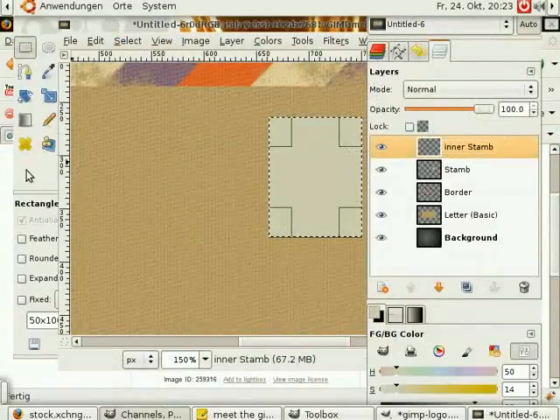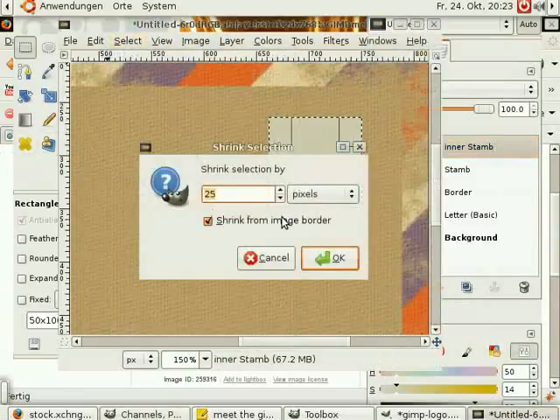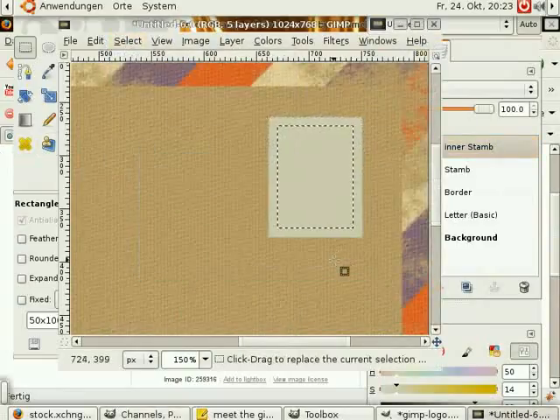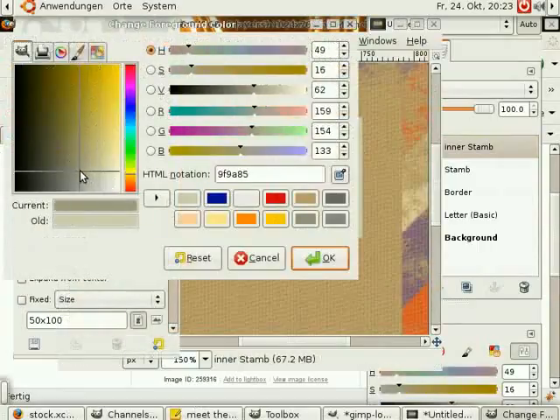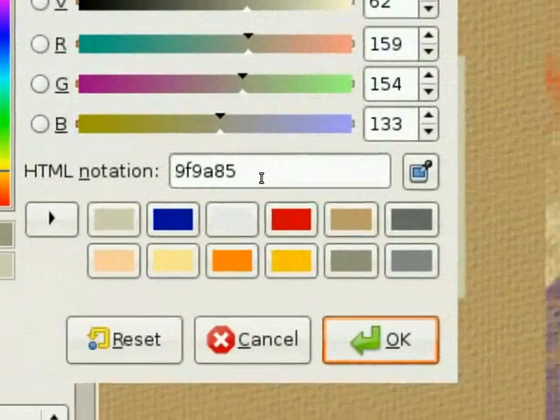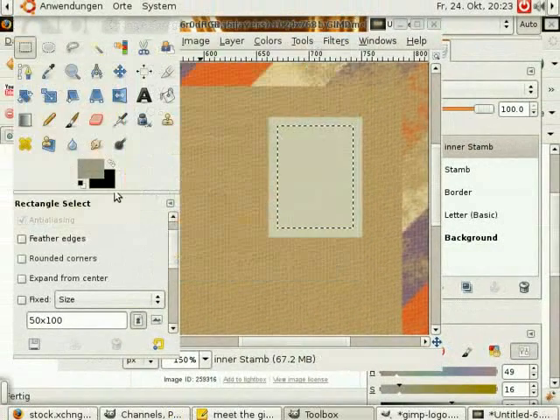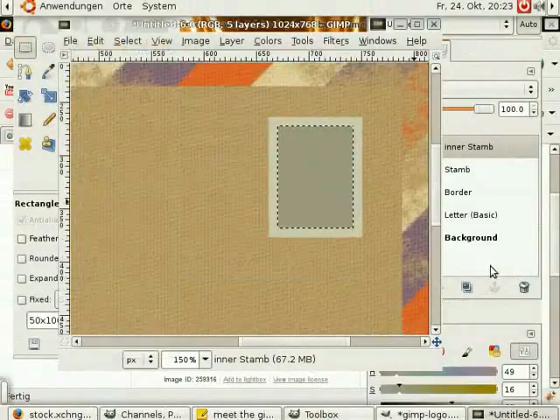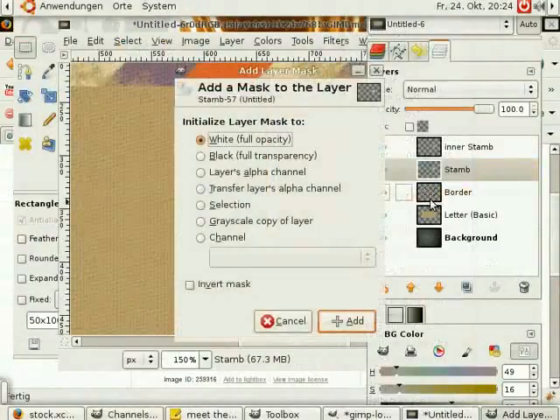and shrink the selection by 8 pixels and fill it with a darker color 9F9A85. Click on OK and drag it in this. Okay, and we're gonna add a layer mask again,